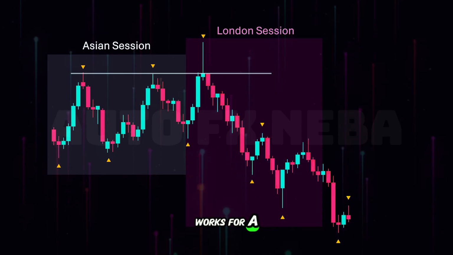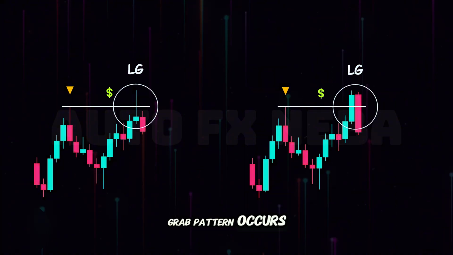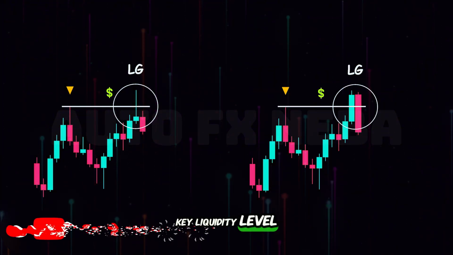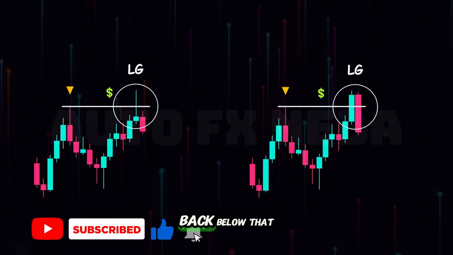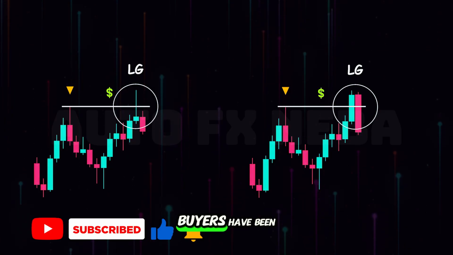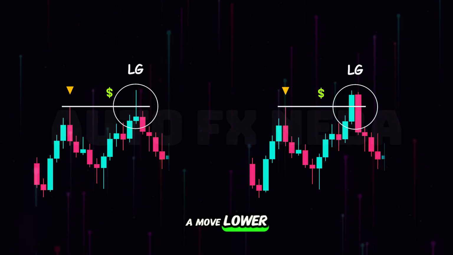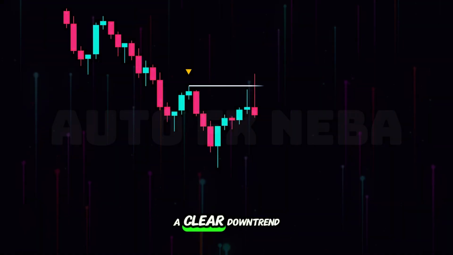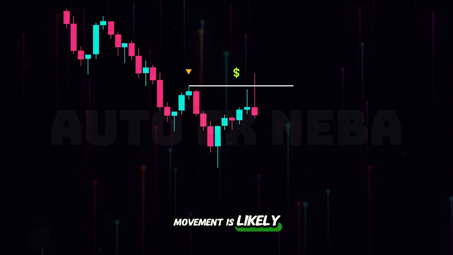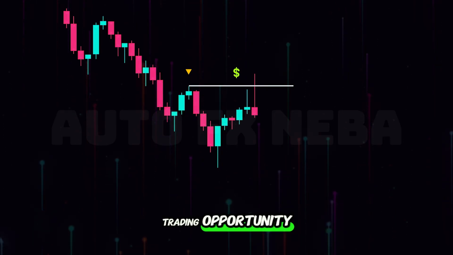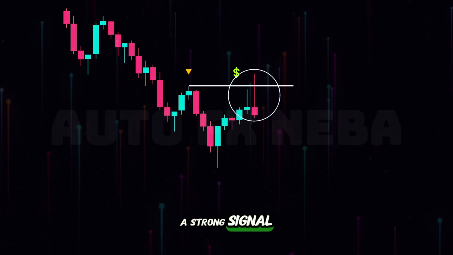The same logic works for a bearish liquidity grab pattern. A bearish liquidity grab pattern occurs when the price moves above a key liquidity level, triggers stop losses and buy orders, but then quickly reverses and closes back below that level. This shows that buyers have been trapped and selling pressure has taken control, often leading to a move lower. For example, in a clear downtrend, if the market gathers enough liquidity, the next downward movement is likely to occur, creating a short trading opportunity. When a liquidity grab pattern forms at a resistance level, it can be a strong signal that the market is